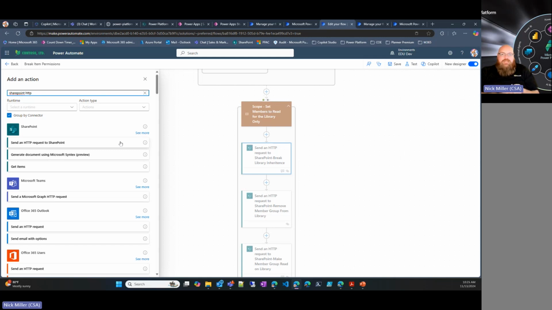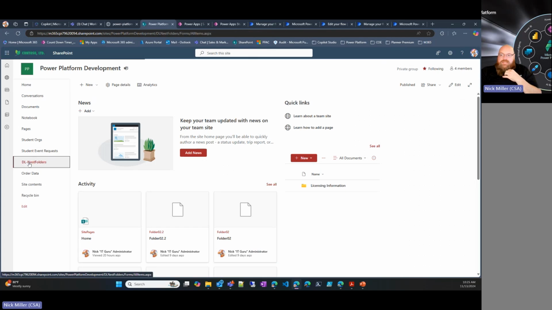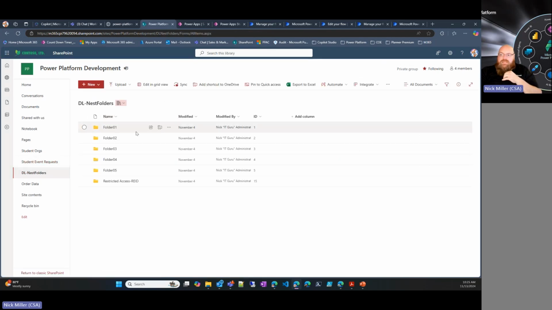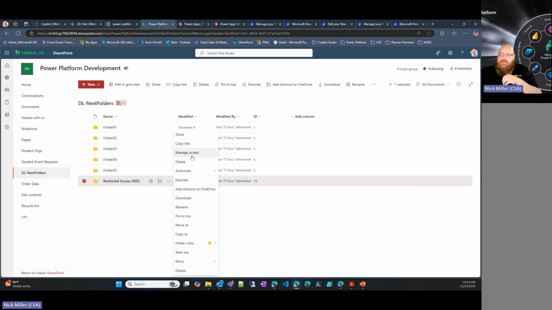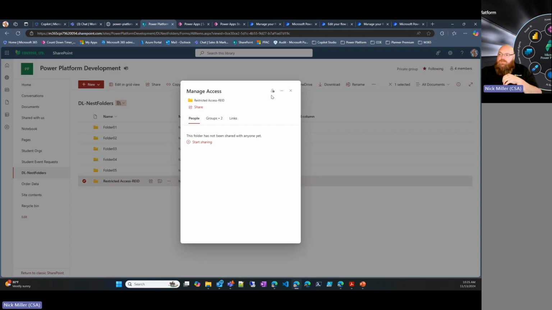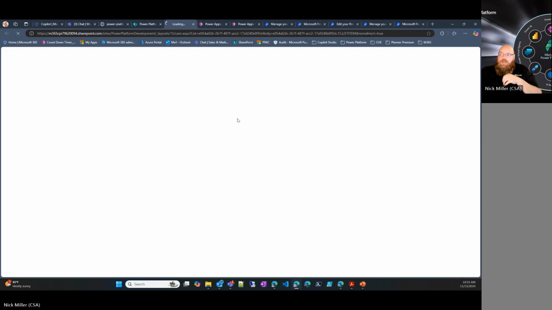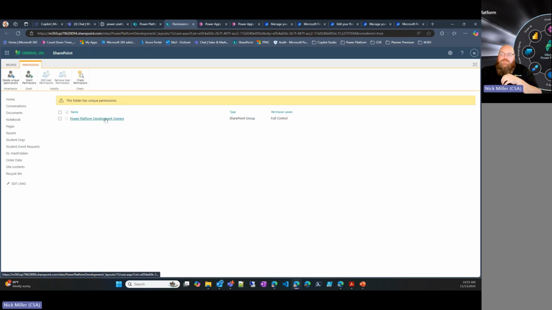It doesn't cost us any type of up level on the license, but we can utilize the SharePoint REST API to do things that we would normally have to do in PowerShell, right? But we can do it from Power Automate. What this does is it basically looks at this library here for the DL nested folders. It breaks the inheritance on this. So we can look at this restricted access, manage access, and if we go to advanced, what should show us here is that only owners, whoever this owners group is,